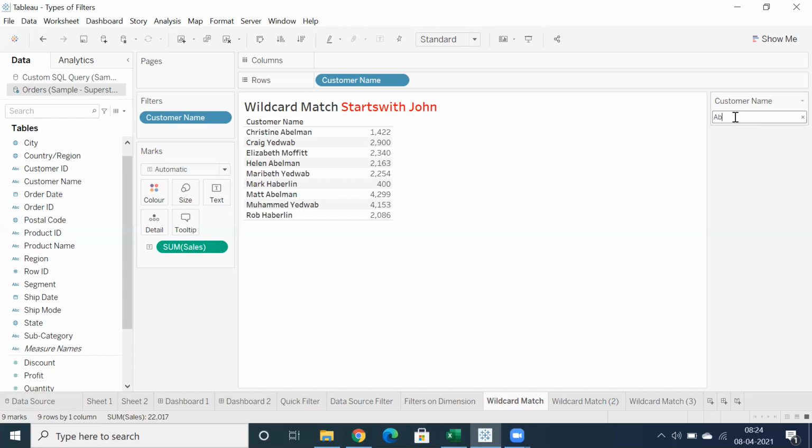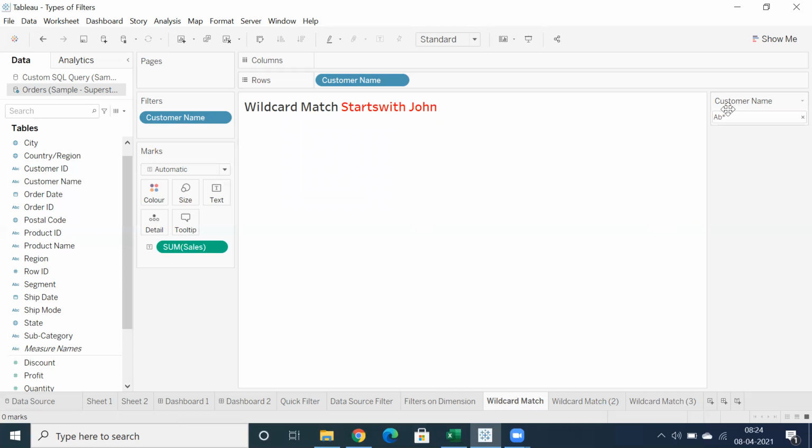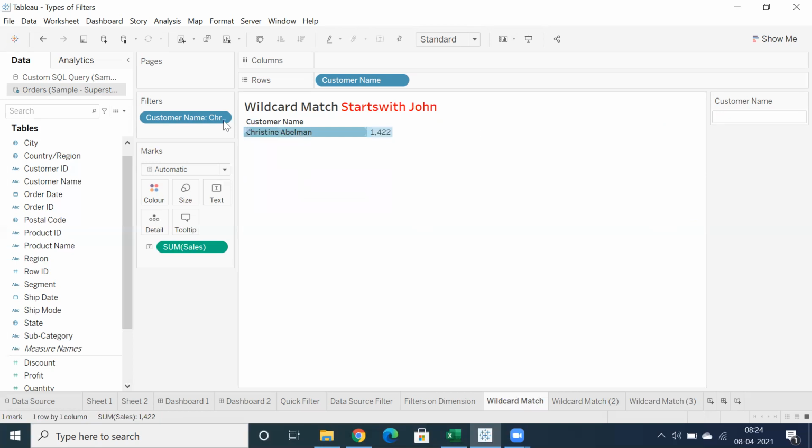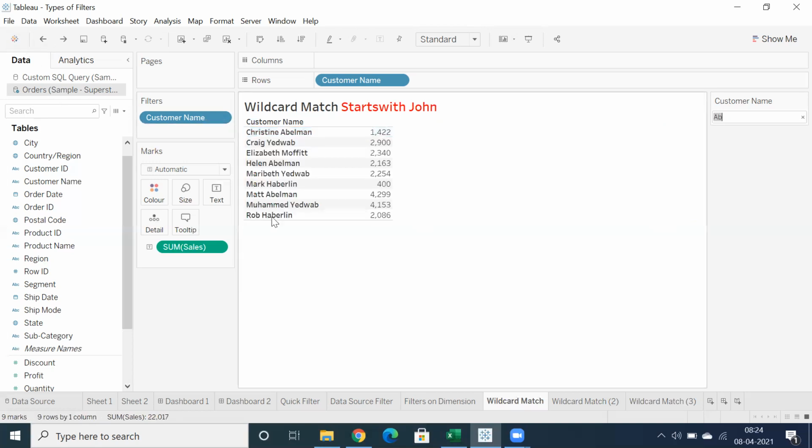This is contains, I know that. When you use AB star, we don't have any record. If you don't use star, it comes under contains. Contains AB, it will check. You can see in first name we have AB here, and in Elizabeth you can see AB. So you can search whether it is starts with or contains, and make use of the naming convention here.